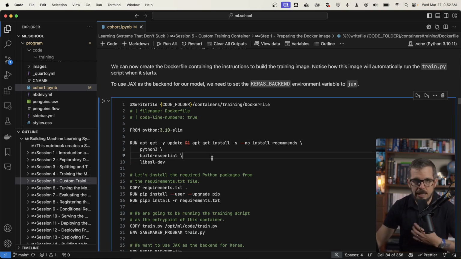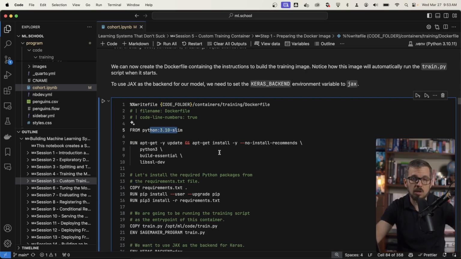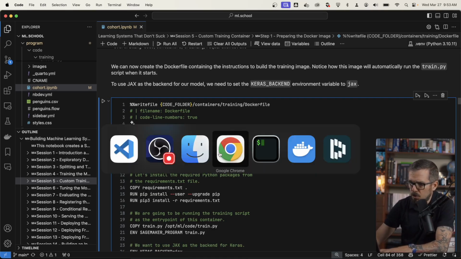And again, I'm just using the same technique. I'm creating the file within that folder. You can see that I'm starting from a Python 3.10 base image. When you create Dockerfiles, I don't know how familiar you are with Docker, but when you create an image, you can start from a base image. So you can inherit everything that's already installed on the base image, and then you can add to it. That's what I'm doing here. I'm starting from a Python 3.10 Slim image,